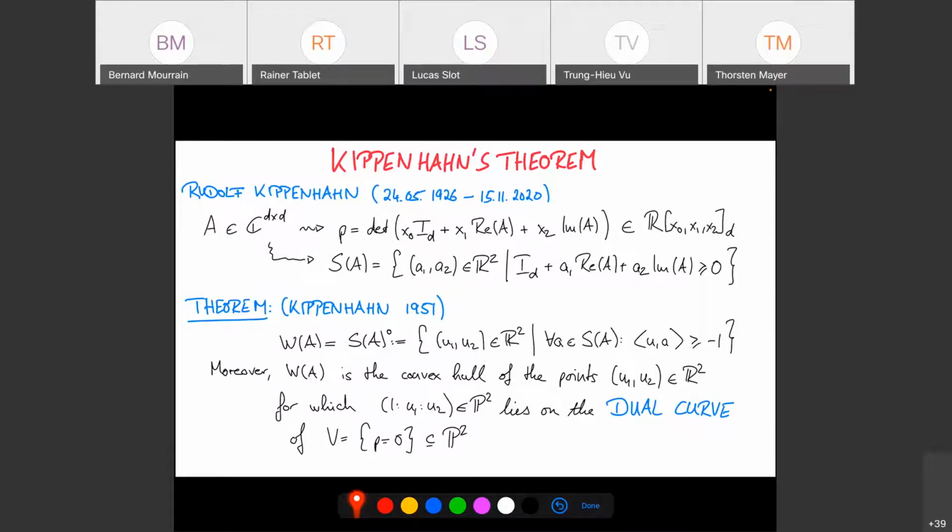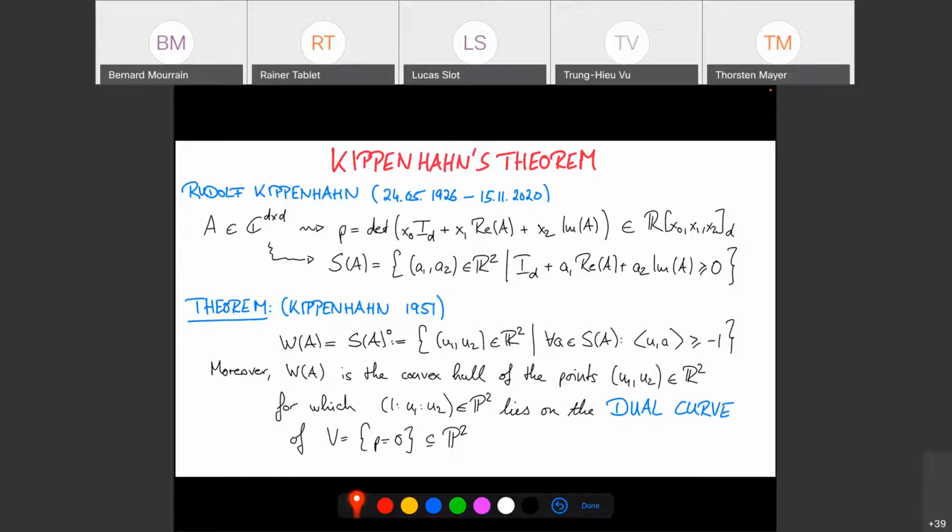And the convex hull of this other curve, more precisely, you have to be a little careful about affine versus projective. So you have to look at the sort of finite points on this dual curve with respect to this x0 variable, right? That's a homogenizing variable, plays a special role. And if you take the convex hull of all of the points on that other curve that I'm about to define, then you get the numerical range back. I think Kippenhahn called this the boundary defining curve, something like this.